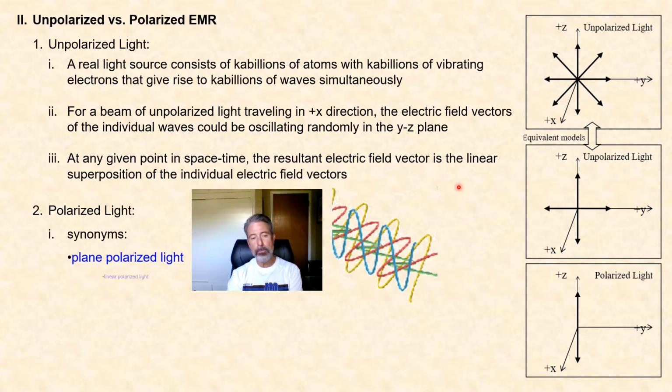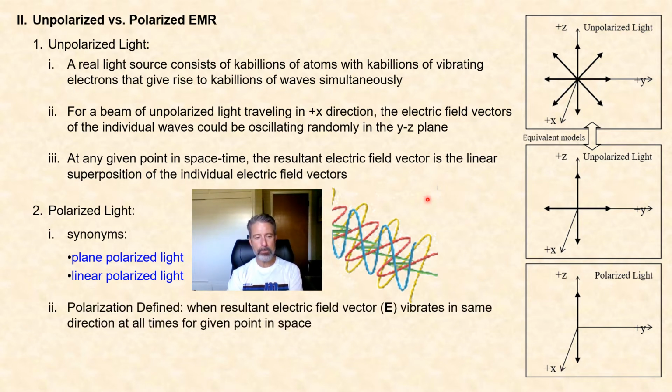You will see as well, plane polarized light and linear or linearly polarized light mean the same thing. Okay, polarized light here. What do we mean by saying that light is polarized? Well, we mean that the electric field vector vibrates in the same direction at all times, for a given point in space. So you'll notice in this bottom picture here, if this represents a bunch of atoms, the electric field vectors of a bunch of atoms, you'll notice that all those atoms have the electric field vector oscillating in